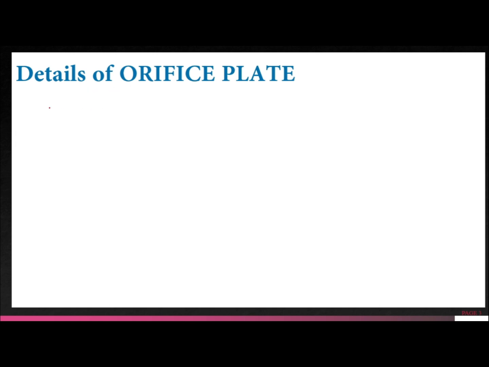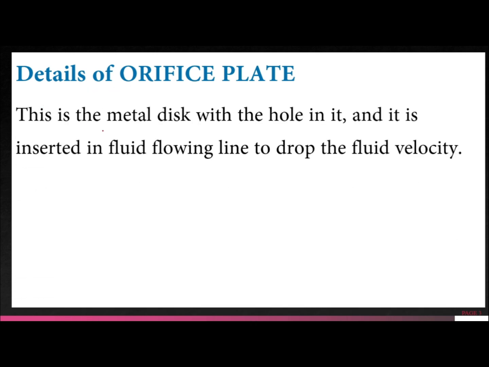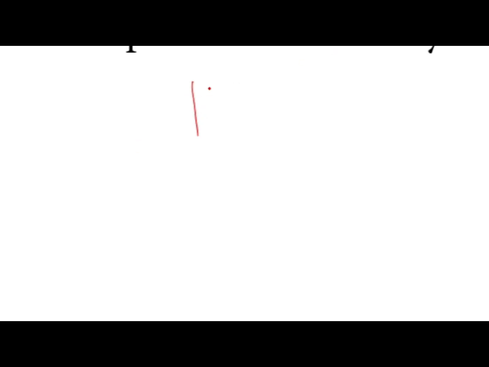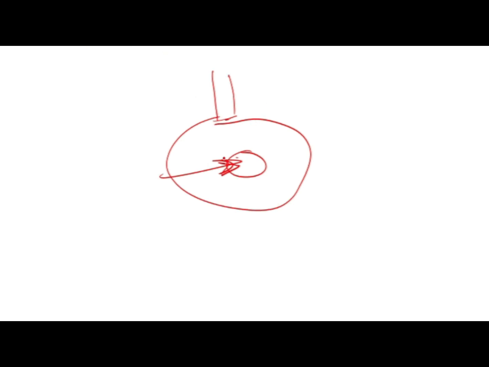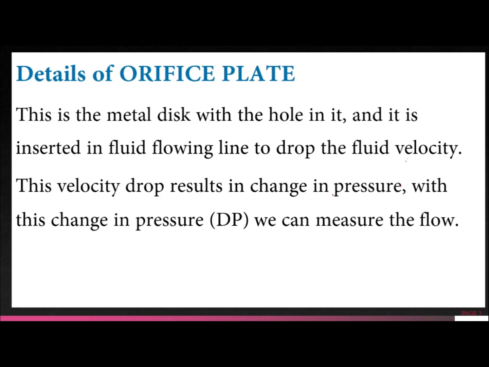First one, details of workpiece plate. This is a metal disc with a hole in it. It is inserted in the fluid flowing line to drop the fluid velocity. How will this plate work? This will be a metal disc and one hole will be inside it. What it does, this hole reduces the fluid velocity. This velocity drop results in a change in the pressure. With this change in pressure, we can measure the flow